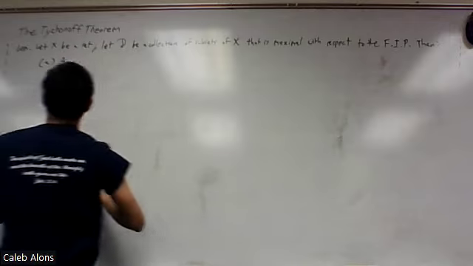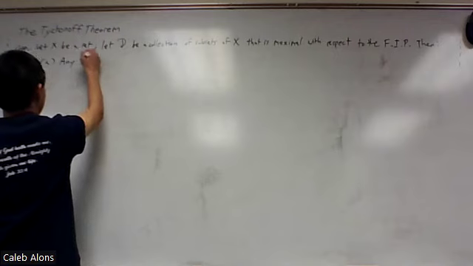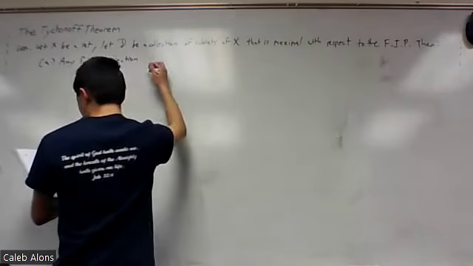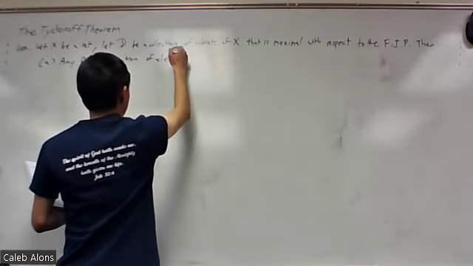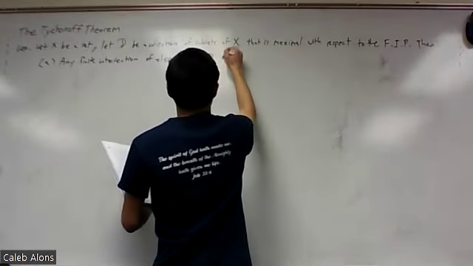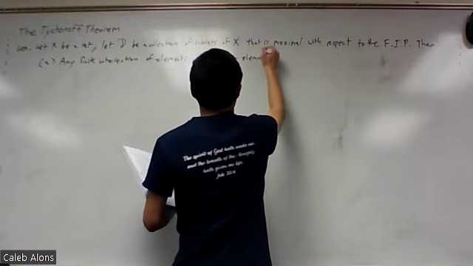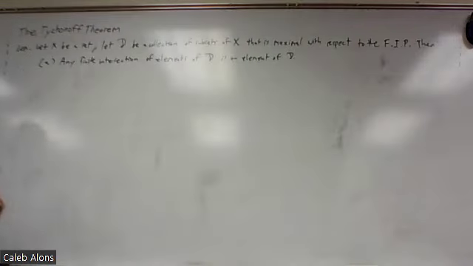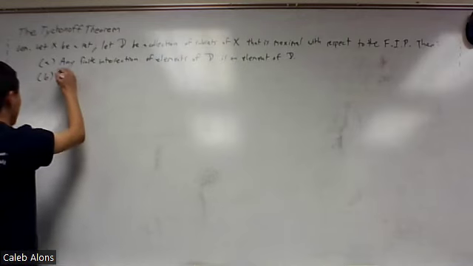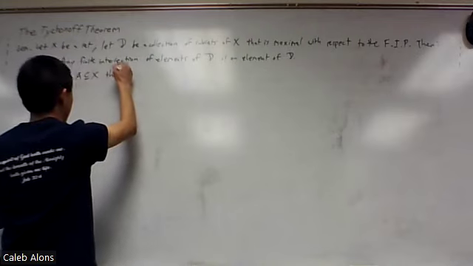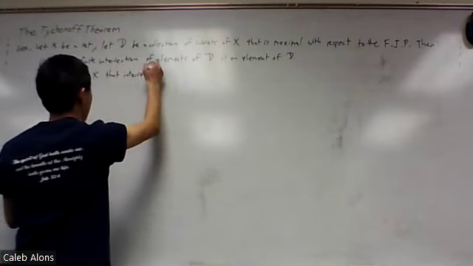So first, the finite intersection of elements of this collection is an element of the collection itself. So the collection contains its finite intersections, which is very interesting. And then also, if we take a subset of X that ends up intersecting every element of D,